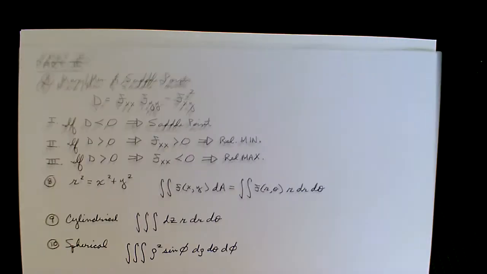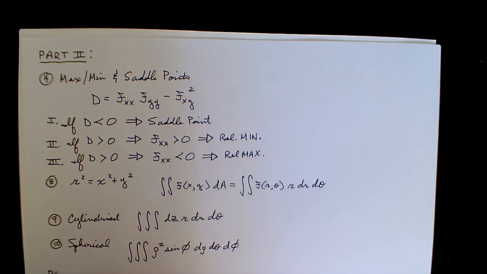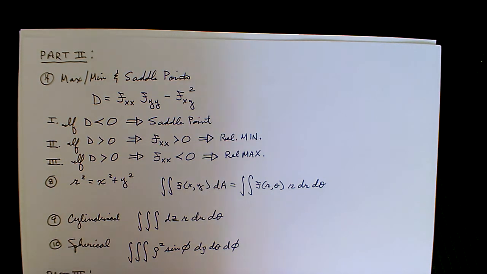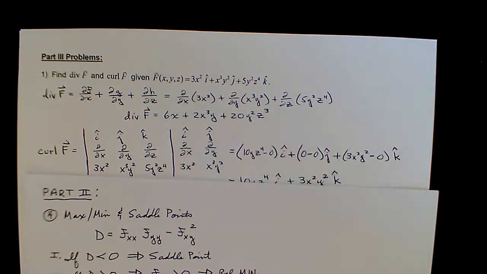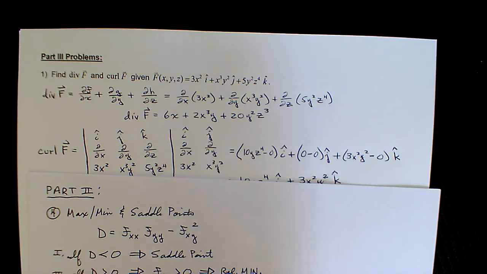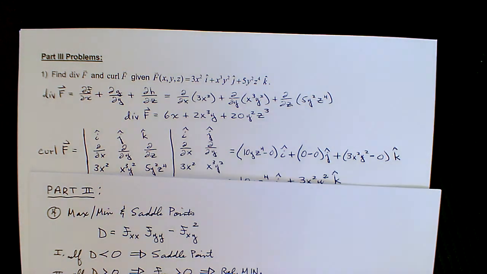So for part 3, the divergence of a function f is the partial of f with respect to x. Now this is given that